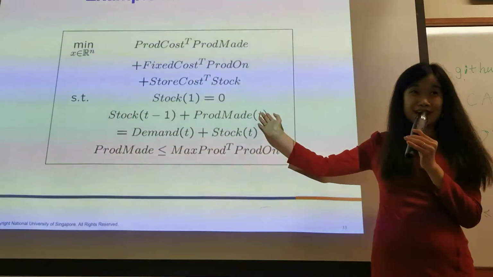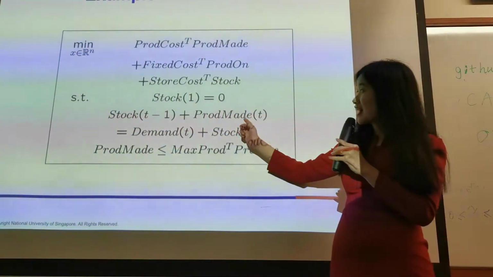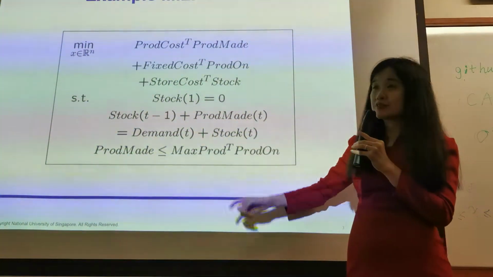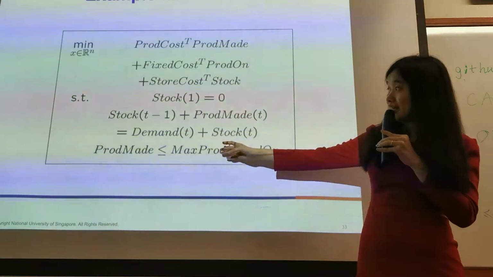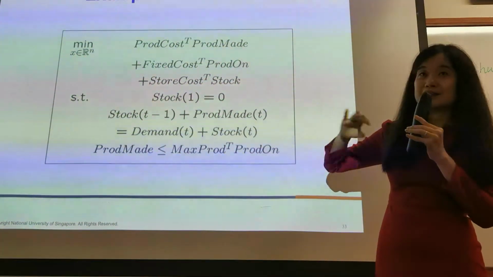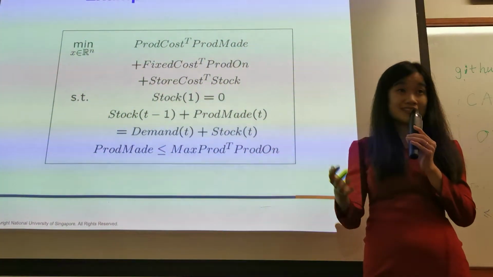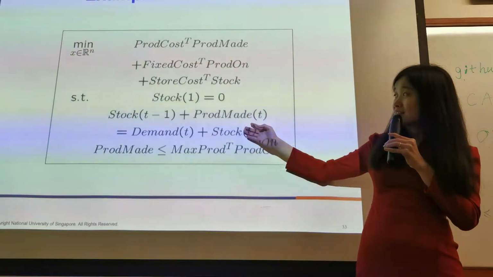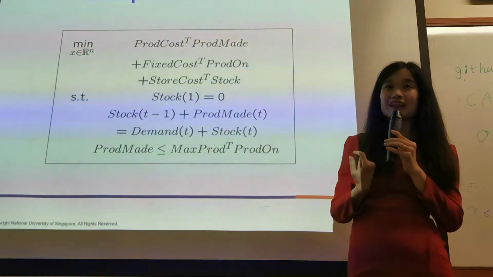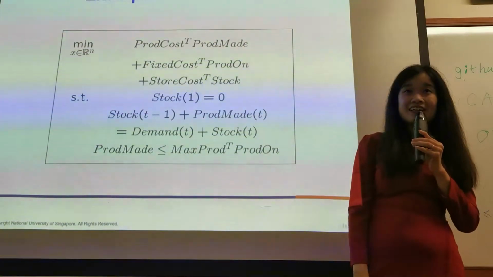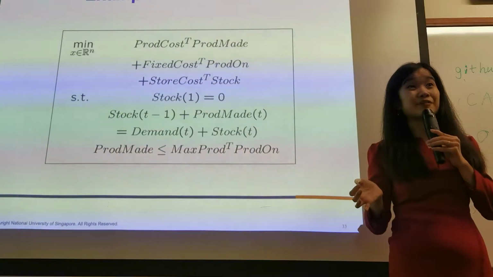Why do we model in this way? Because whenever you have storage, you know your current production plus your storage will be meeting the demand and the surplus of the storage. So this is the relationship, the mass balance: previous storage state plus the newly produced product equals the demand plus the remaining storage. But if you just write this one, the program will say infeasible,